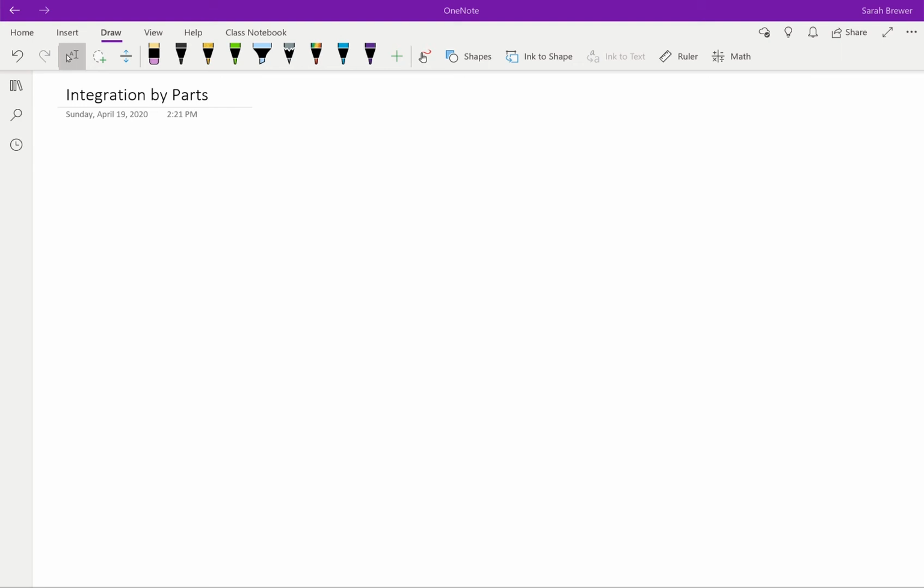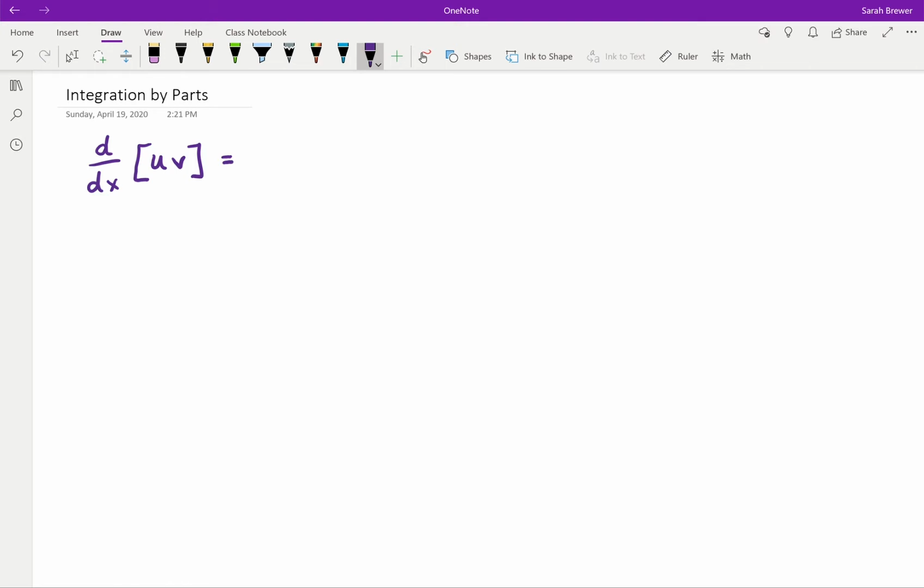All right, let's take a look at integration by parts. So what we're going to do comes from our product rule for derivatives. If I have two functions, u and v, that are both functions of x, hopefully we recall from differential calculus